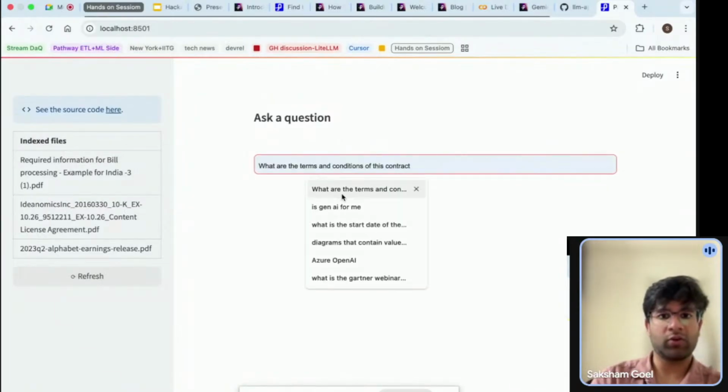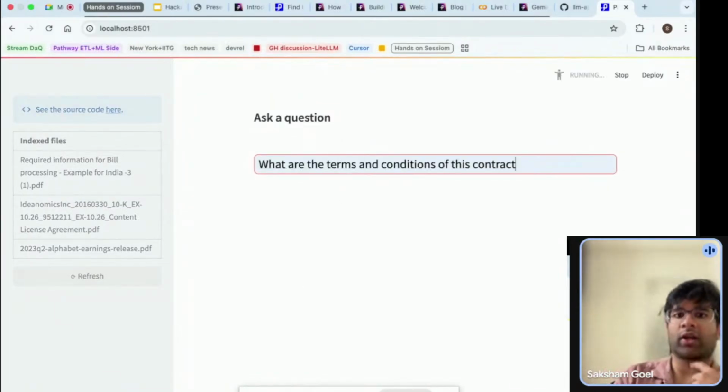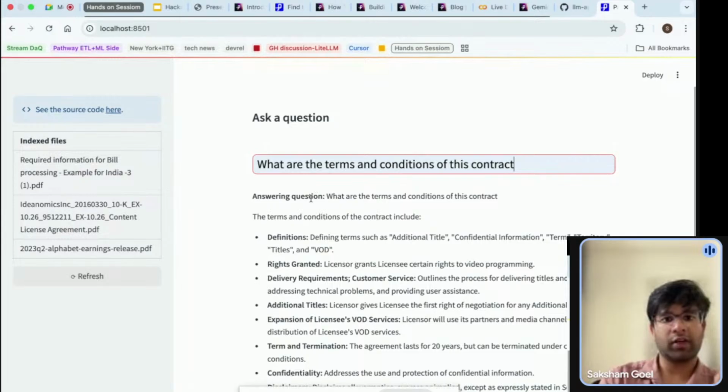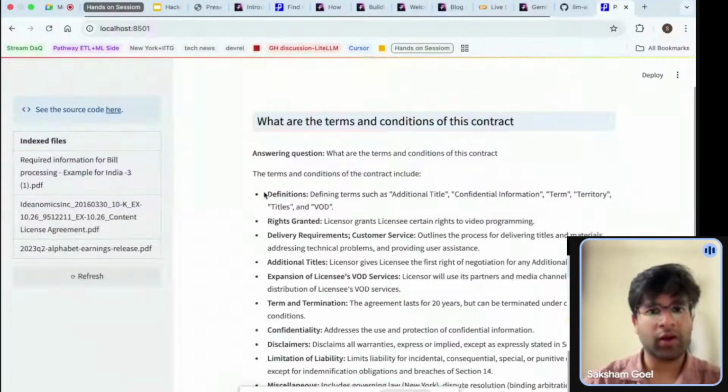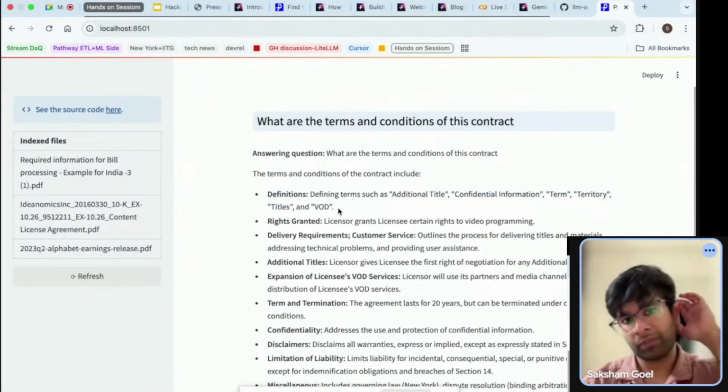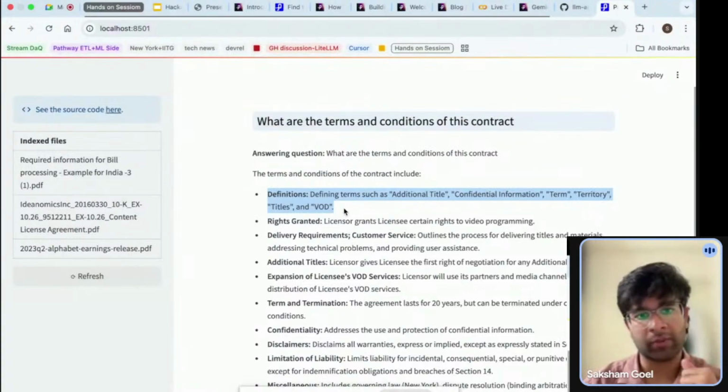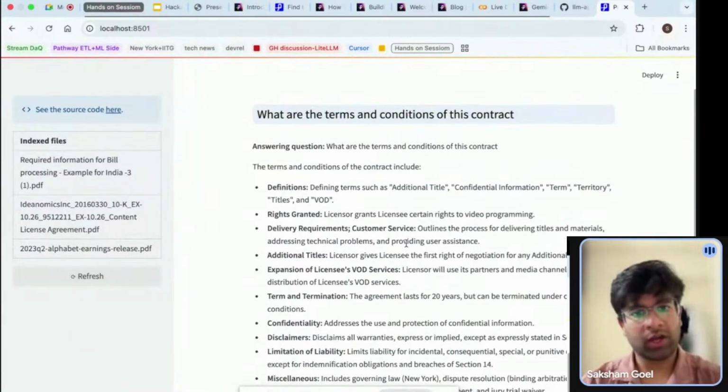So let's say I want to ask what are the terms and conditions of this contract, it is retrieving the response. I think the latency is very low. I don't know what's the issue with you guys, but obviously if you have encountered more errors, you can ping me or ping in the get-help channel. That is actually advised, the latter part. But yeah, so I'll show you the magic.